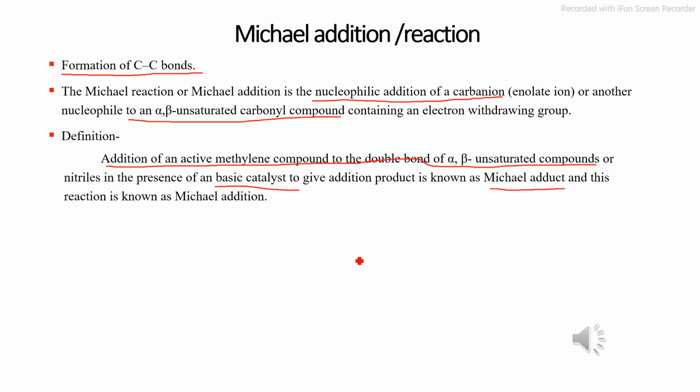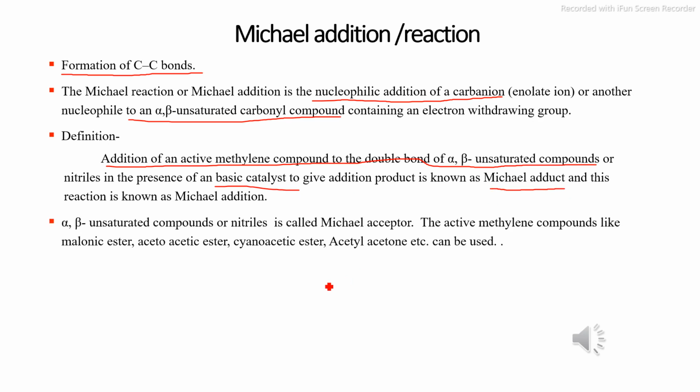The alpha-beta unsaturated compound or nitrile in this reaction is known as Michael acceptor, whereas the active methylene compound is known as Michael donor. In Michael addition reaction, active methylene compounds like malonic ester, acetoacetic ester, cyanoacetic ester, acetyl acetone,